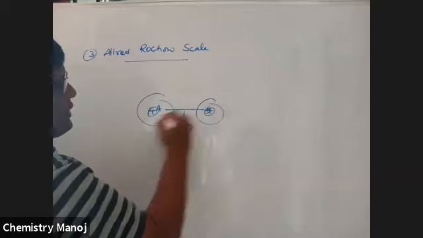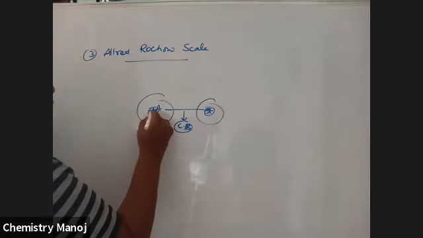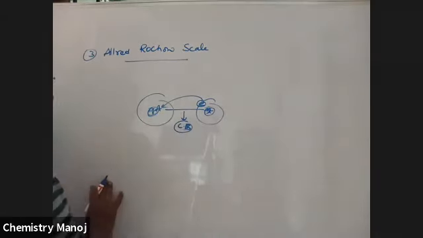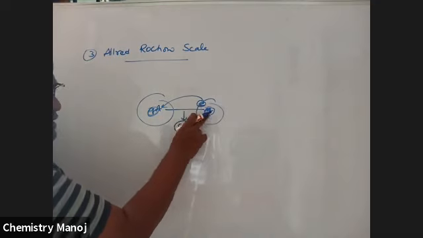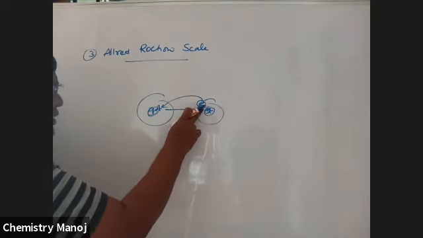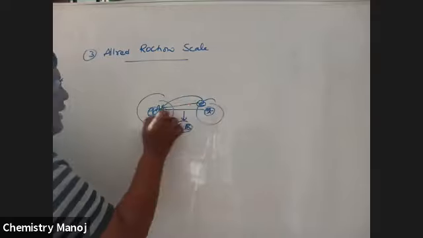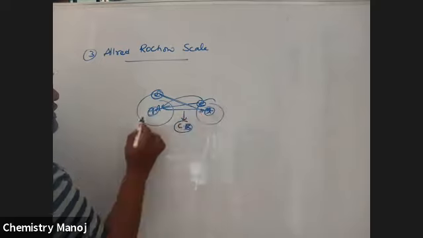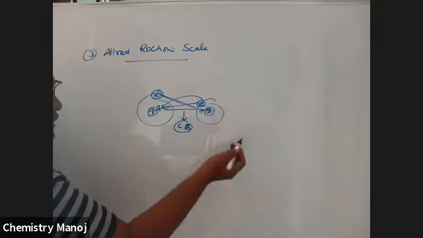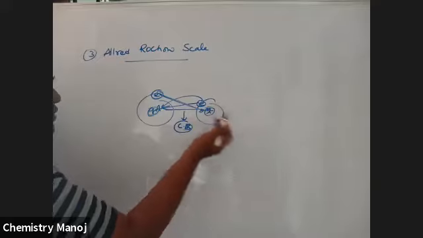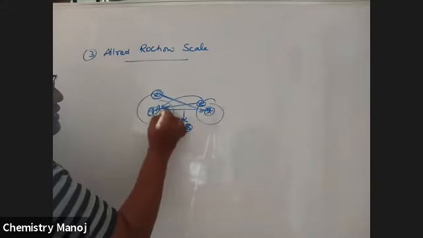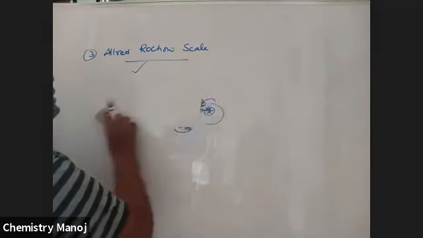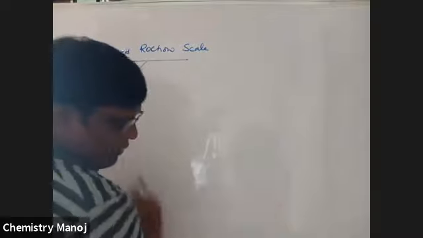Each atom has its nucleus. This nucleus has a positive charge. This nucleus attracts an electron from another atom. This electron is influenced by this nucleus, no problem, but this electron is also attracted by the other nucleus. How much is the attractive force? Similarly, this electron is attracted by this nucleus. Based on these attractive forces between the electron of one atom and the nucleus of the other, he designed a scale, the Allred-Rochow scale. According to him, the formula is